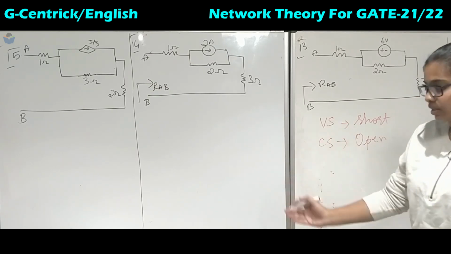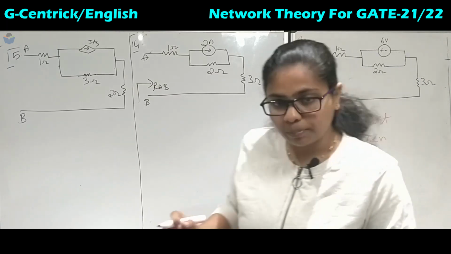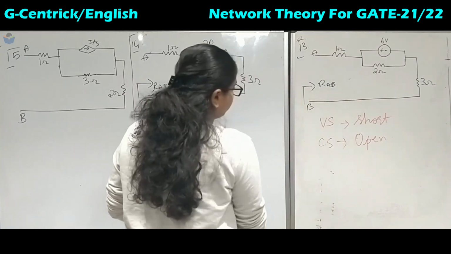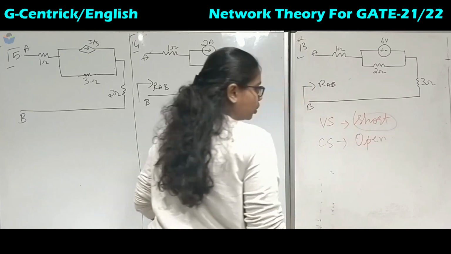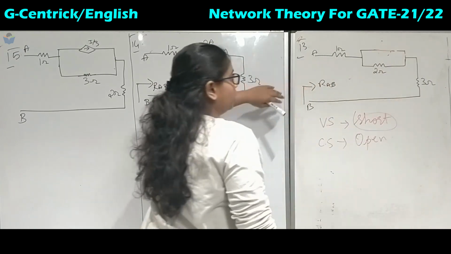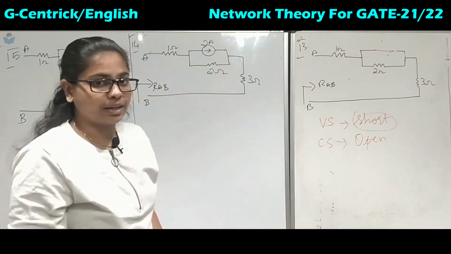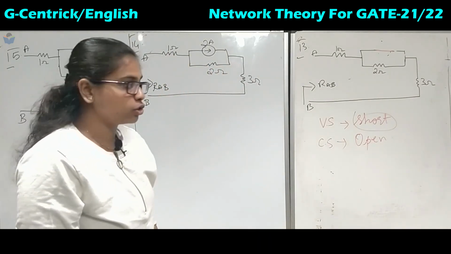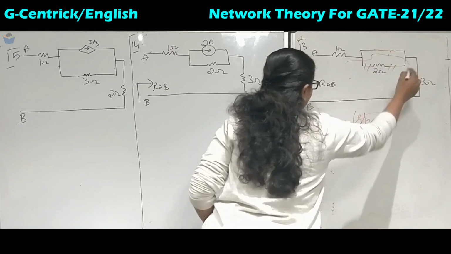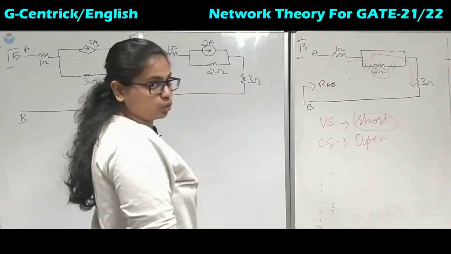Okay, we will open that branch wherever that voltage source or current source is present. Okay, so now in this question we have got a voltage source. So if it is a voltage source, what we need to do? We need to short the circuit. So we will remove this one and we will short the line. Okay, now the property of the current is that it must take the least resistive path. So the current will not flow in this branch, it will move in this way. Okay, so this is a dummy branch. So there is no value for this 2 ohm resistor.